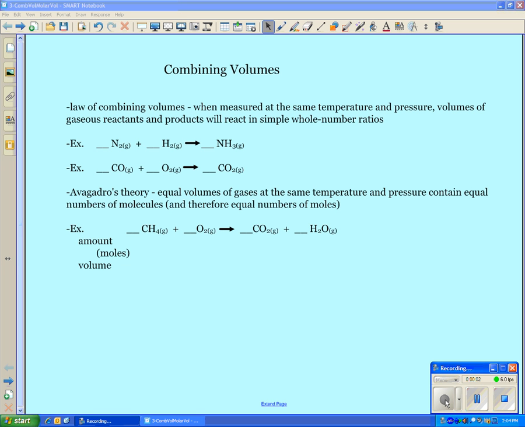In this lesson, we're going to look at combining volumes and molar volumes. The law of combining volumes says that when we have gases measured at the same temperature and pressure, those reactants and products will react in simple whole number ratios. So really, this is just another way of looking at balanced reactions that you learned how to do last year